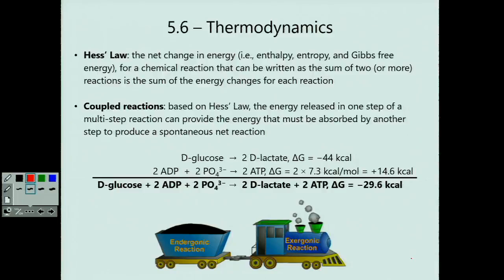So what we call coupled reactions are reactions that occur simultaneously or side by side or in proximity to each other, such that the exergonic process is releasing a certain amount of energy that is then driving, propelling forward the endergonic reactions that would otherwise on their own not happen spontaneously, but because you have another reaction that's providing that fuel, it can then all happen. So for example,